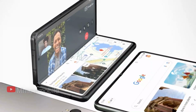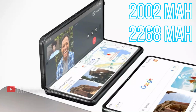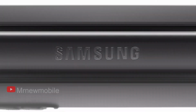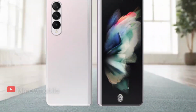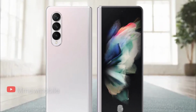Like previous Galaxy Fold models, this capacity is comprised of two batteries, in this case one being 2,002 mAh and the other 2,268 mAh. And this is virtually identical to the 4,275 mAh total capacity of the current Galaxy Z Fold 3. But here's the clever bit: multiple leaks have revealed that Samsung plans to make the Galaxy Z Fold 4 significantly thinner and lighter than its predecessors, as well as changing the aspect ratio, so fitting virtually identical batteries inside is